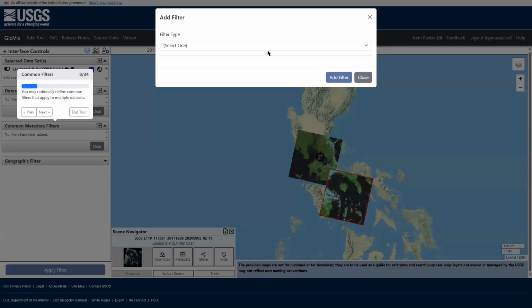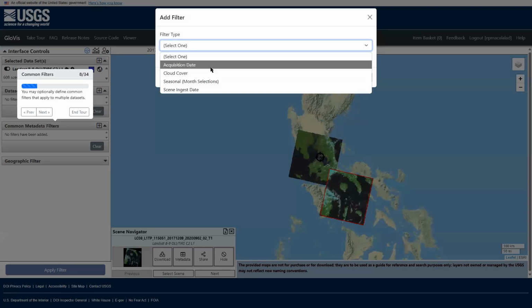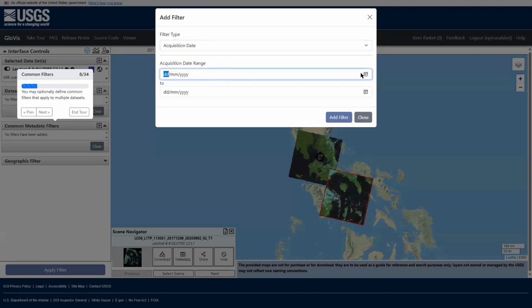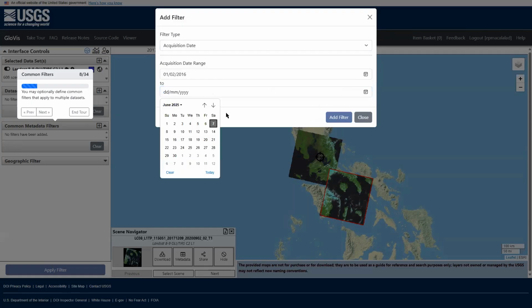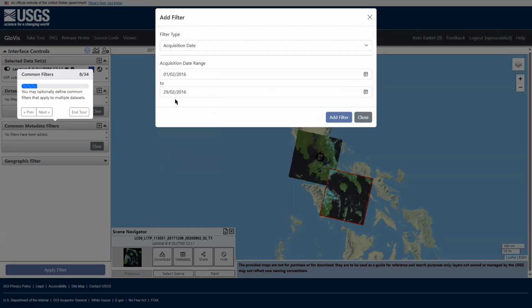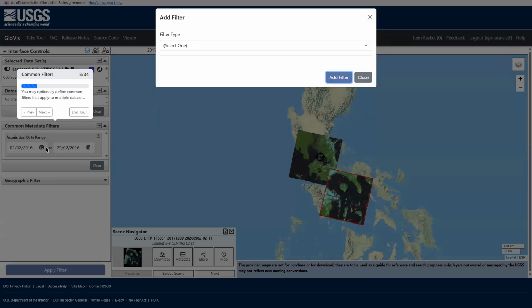What's important to me right now is acquisition dates. Let's have a range of before the pandemic. So let's say 2016, February 1 acquisition dates to February 29, and add filter.